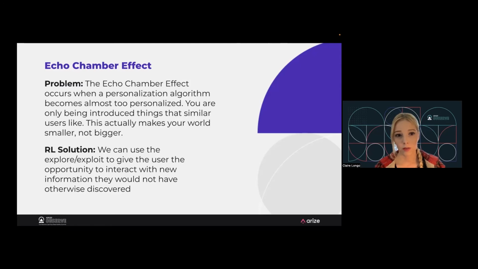So this reinforcement learning solution allows us to introduce some randomness into our system so that we don't end up in this echo chamber. I don't think it's a full solution, but it does provide a mathematical framework that gives users new opportunities that the more traditional algorithms would not.